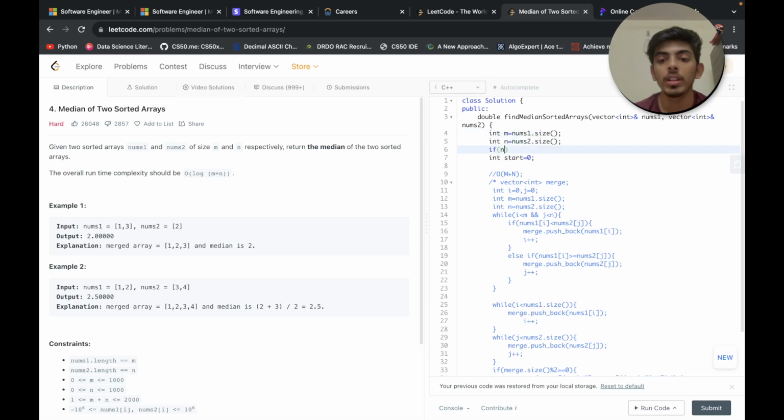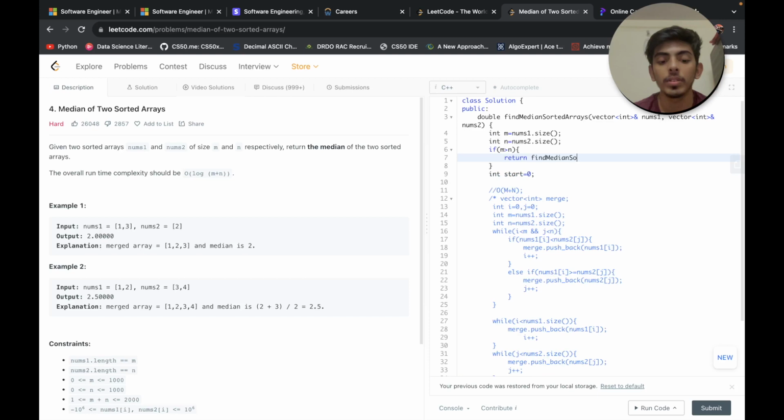If m is greater than n, we'll simply return findMedianSortedArrays of nums2 comma nums1, because we are considering that nums1 should always be of smaller size, right?